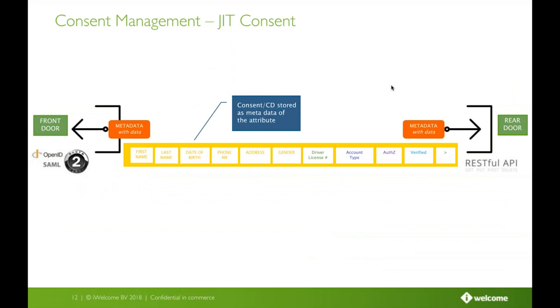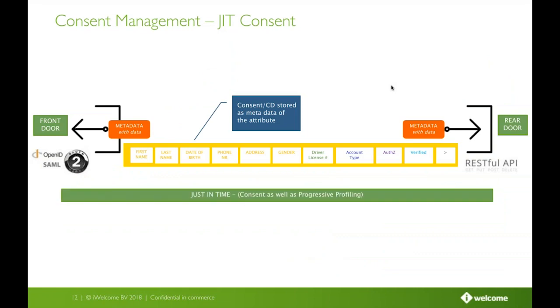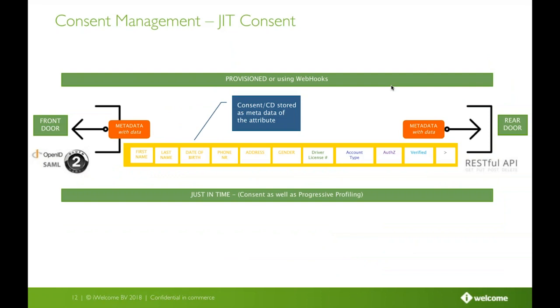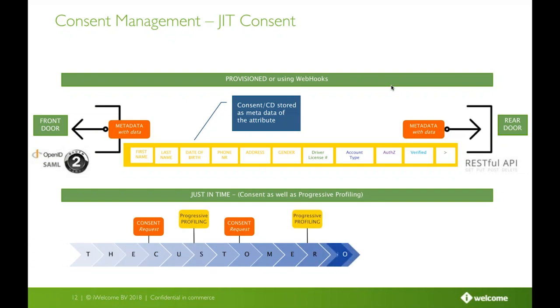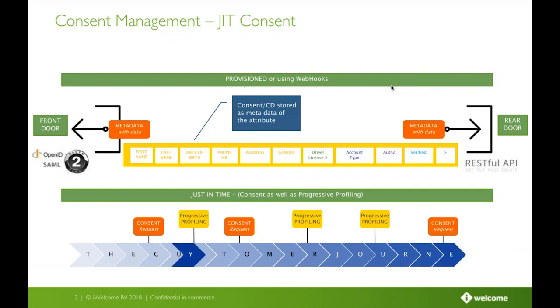Then if you look at how it's connected, that central system has two ways of exposing. One is using just-in-time, so asking consent basically progressively. This is done during the customer journey. So when a customer starts registration, that's as part of the customer journey. Later buys a product, half a year later buys another product. And the whole time that the customer is engaged with you, you collect different consents, you collect different profile information, and you store that in that golden record and the metadata.